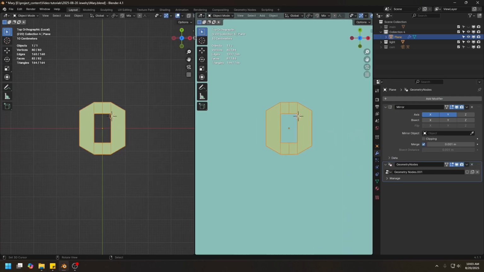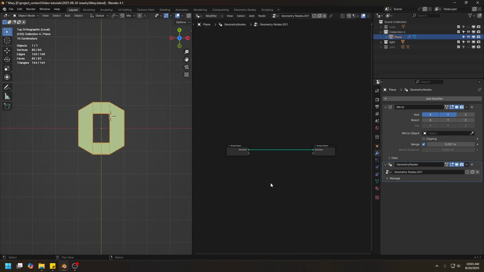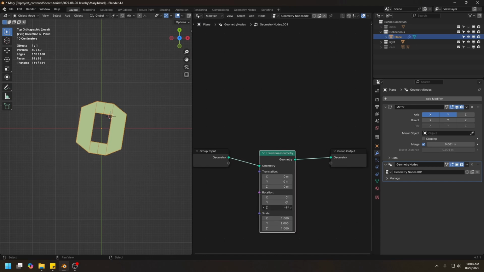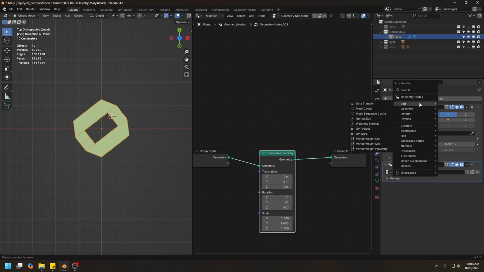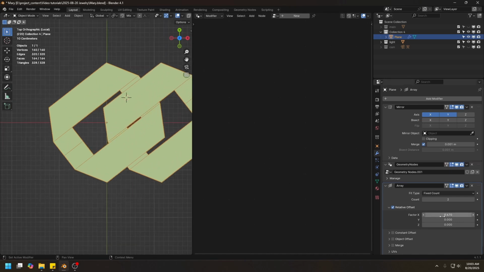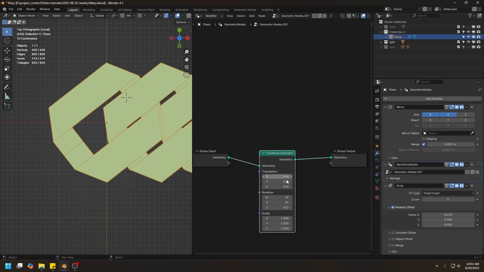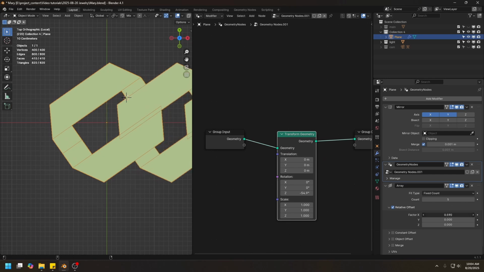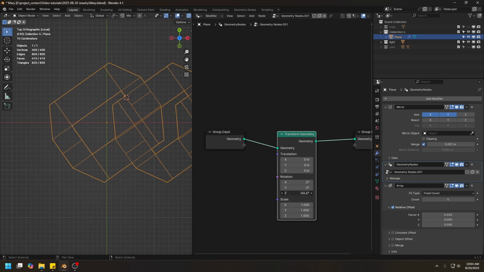modifier. There we go. And in here we're gonna just add a simple transform node, and rotate the link a little bit like that. And then let's test again using another array modifier, but this time we only need to translate in the X dimension like so. And click on the geometry node modifier and rotate the link a little bit more, and move this to the side and perhaps rotate it more,